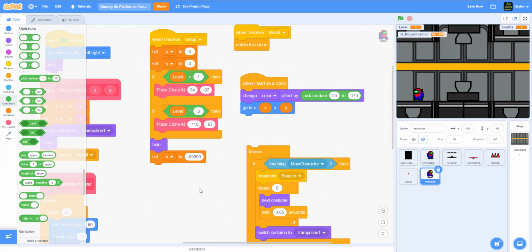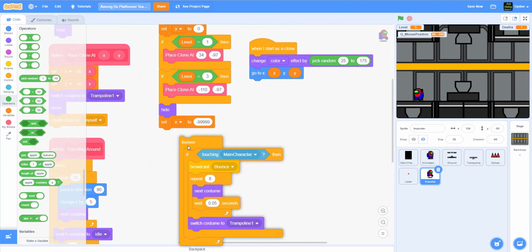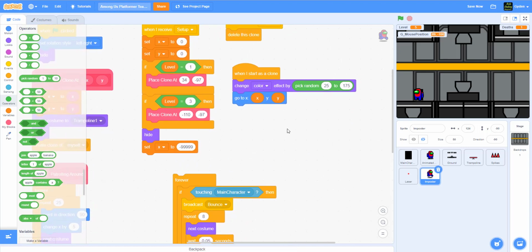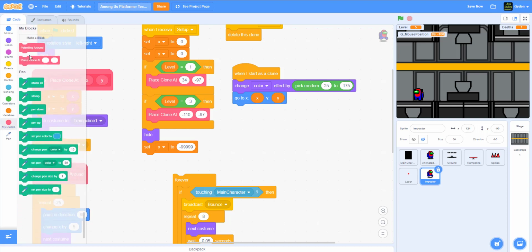We are going to move it to another place later. I mean, not another place, we'll create another clone. We'll just put it on the side here for now. Okay, so for this one, what we're going to do is call this new block that we just created